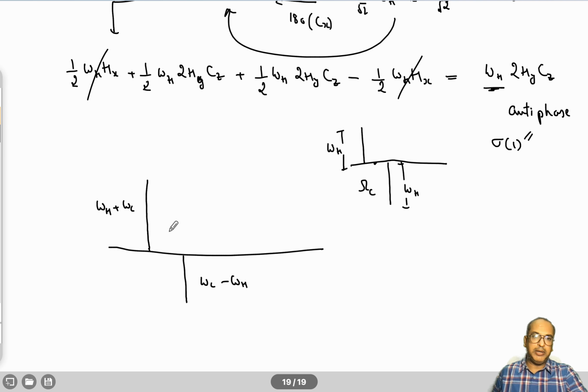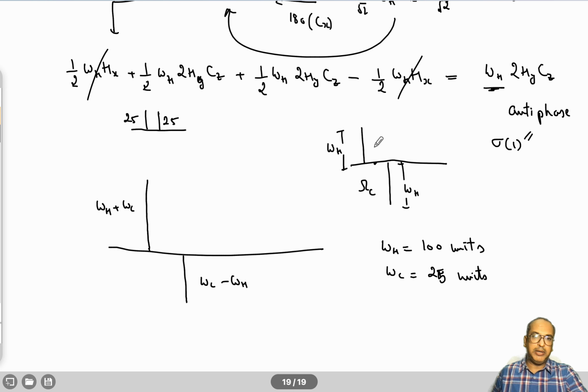But now you see, let us say that if omega H is equal to 100 units, then omega C will be 1/4 of that, that is 25 units, right? This is just a simple number to show you what is the advantage of doing INEPT. So now if I do that, that means the original intensity of the in-phase doublet was 25 units each.